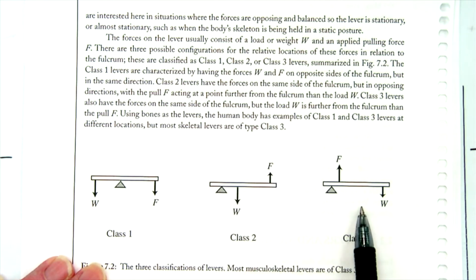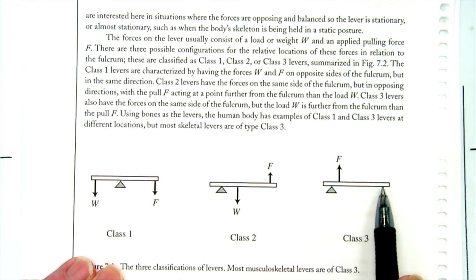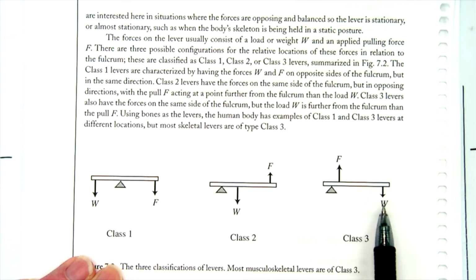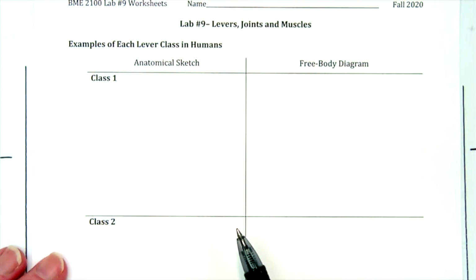For a class 3 lever, again, the force and the weight are on the same side of the lever as each other, but here the force is closer to the fulcrum than the weight. Most of the lever arrangements in the body are class 3 levers for a reason that we'll cover later in the lab. So what you're going to do is find examples of each of those classes of